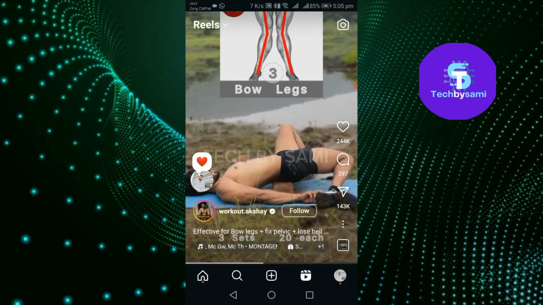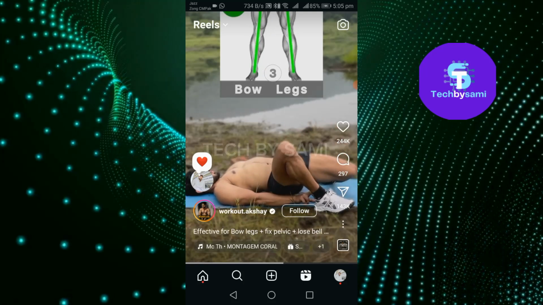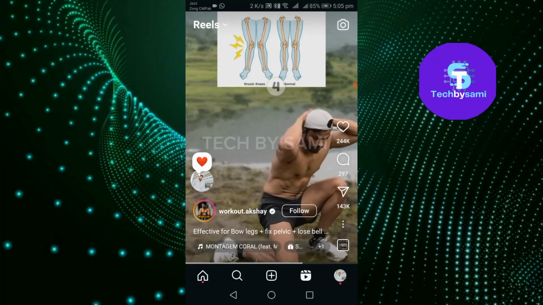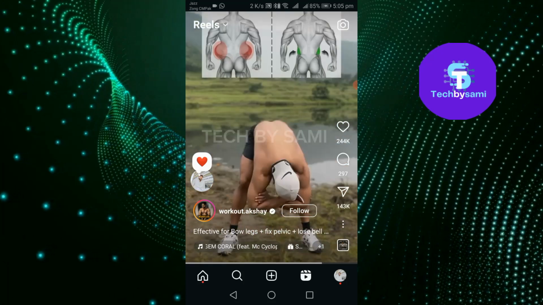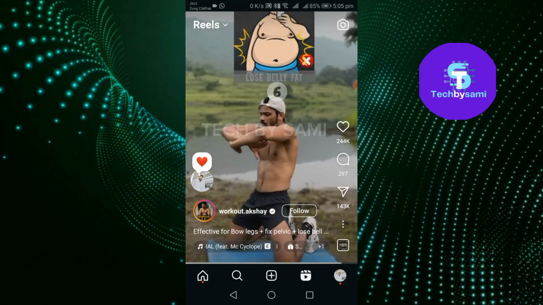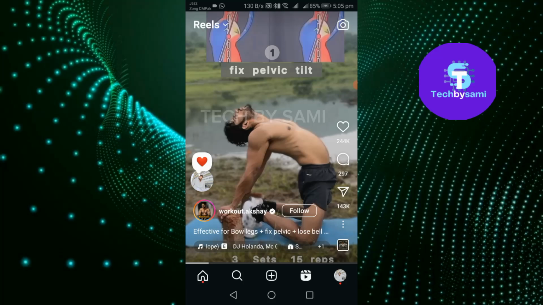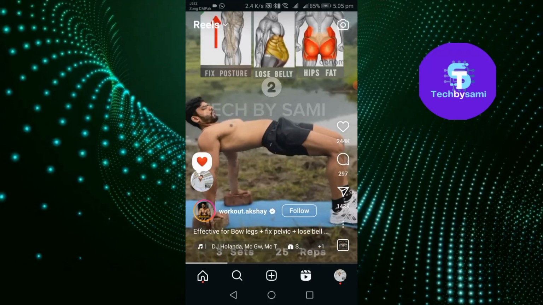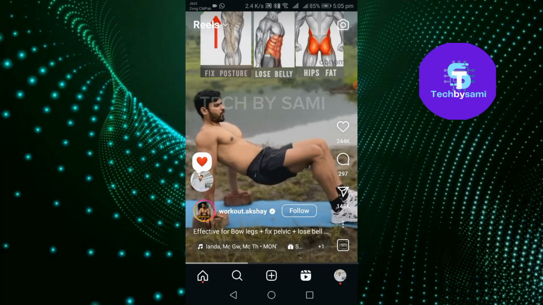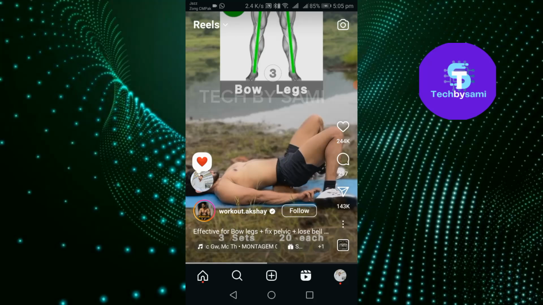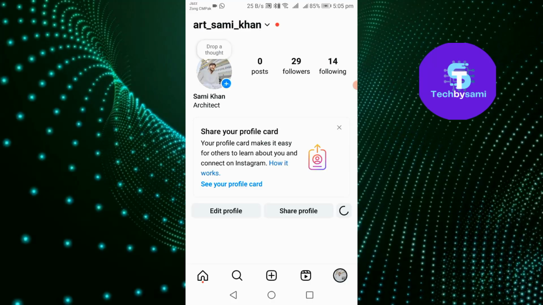But remember one thing, sometimes this option is not working because it all depends on the content creator, whether he allows it to you or not. But I will also teach you how to manage your own reels, so that you can allow someone to add notes or not. So for that, click on menu,